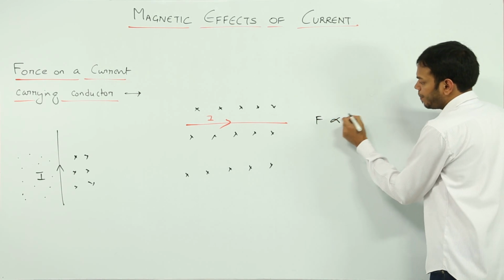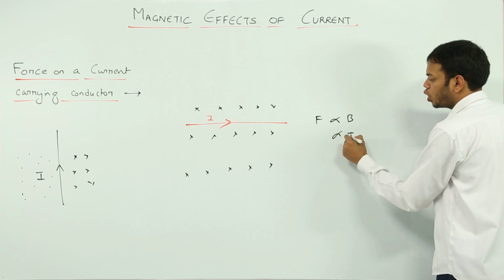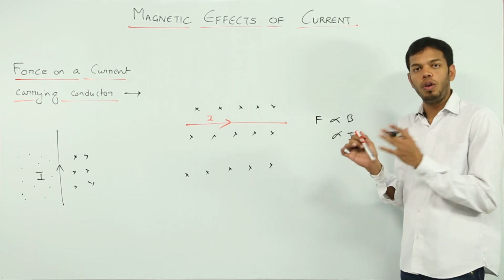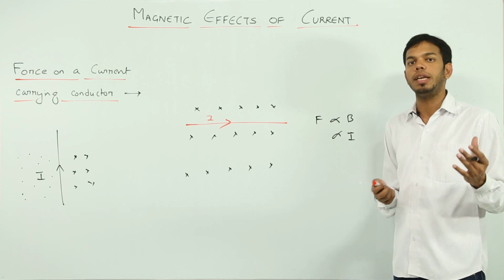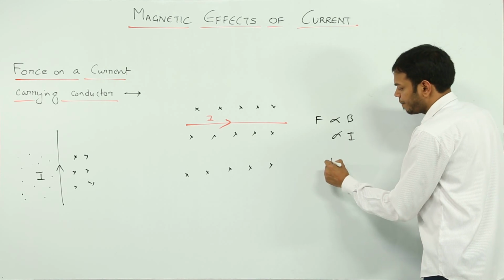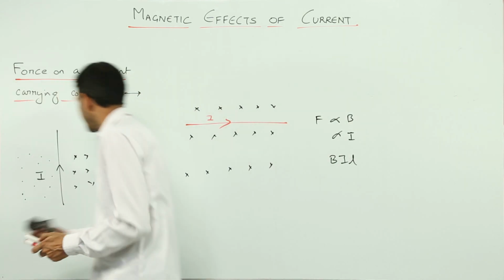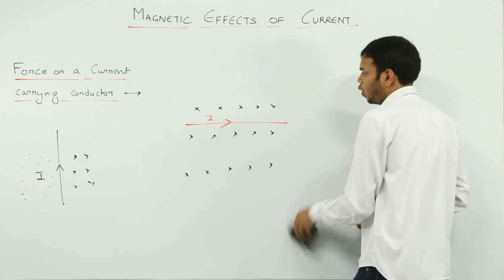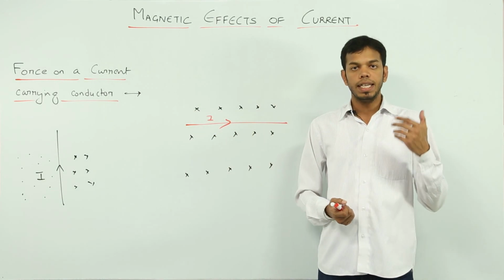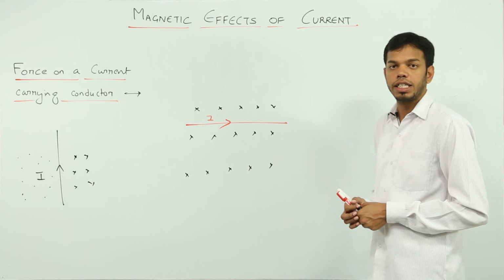This force depends on the strength of the magnetic field present in this region, and is also proportional to the amount of current flowing in this conductor, right? I am not going to give you the full formula because it is not in your syllabus yet. You will be studying it in +2. Otherwise the formula is BIL: magnetic field, current and length of the conductor placed. But anyhow, the force experienced by the wire when it is placed in a magnetic field is given by a very simple rule. We are talking about only the direction, not the magnitude, and the direction is given by